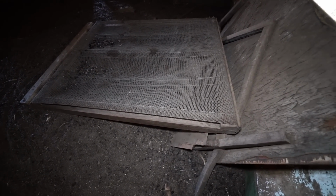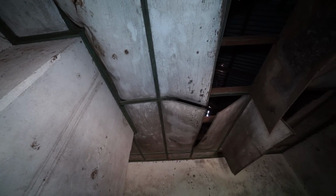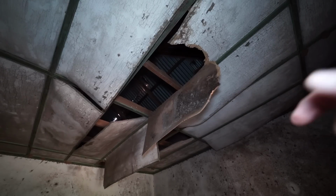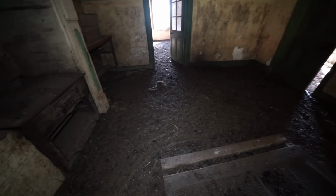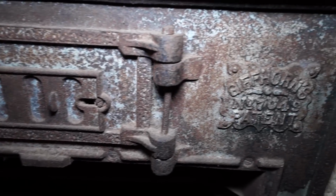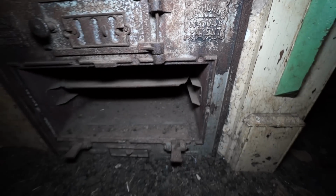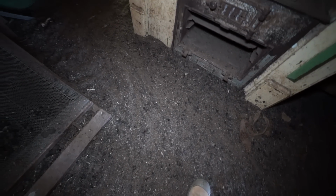Oh, there's the old spring bed. Yes, there's the mantle and most of the old stove. Yeah, see that paddling there? That's a chipboard paddling. That is a Simpson and Son Gifhorn, or Simpson and, yep, there's Gifhorn there. It's missing the door. Unless it's under the dirt and stuff, but